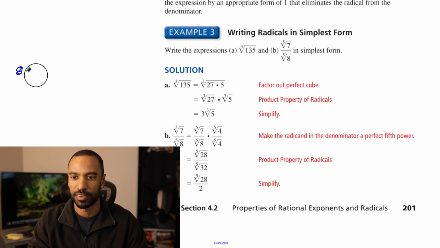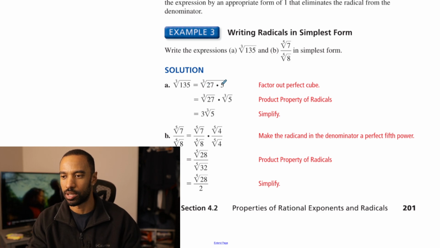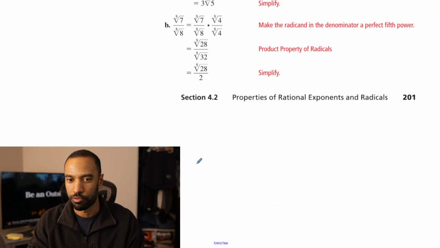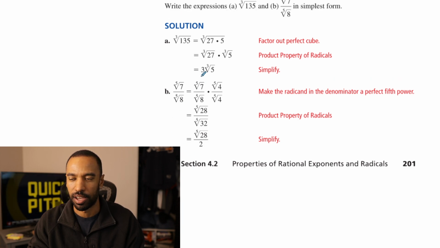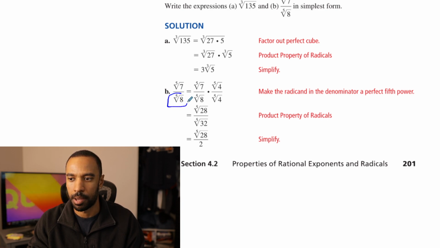They found 27 as a perfect cube. It is. 135 is 27 times 5, and the cube root of 27 is 3. So instead of saying 3 root 5, we're going to have to say 3 times the cube root of 5, and that's the result. This one here, the issue is you can't find perfect fifth power values within, but the